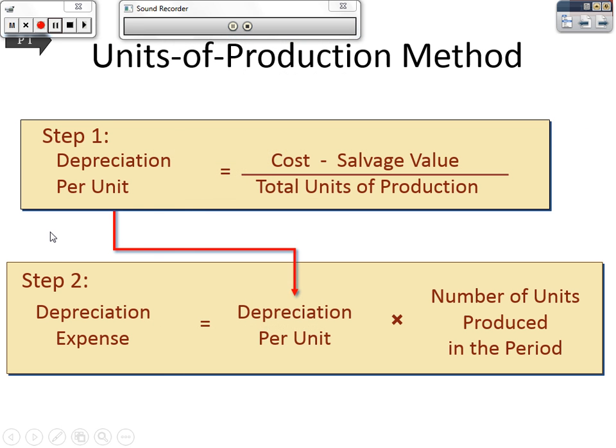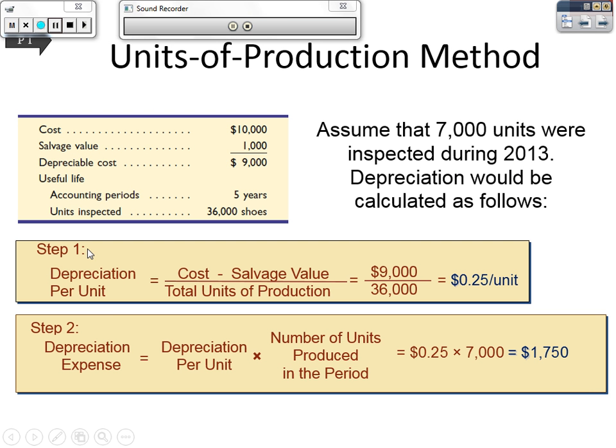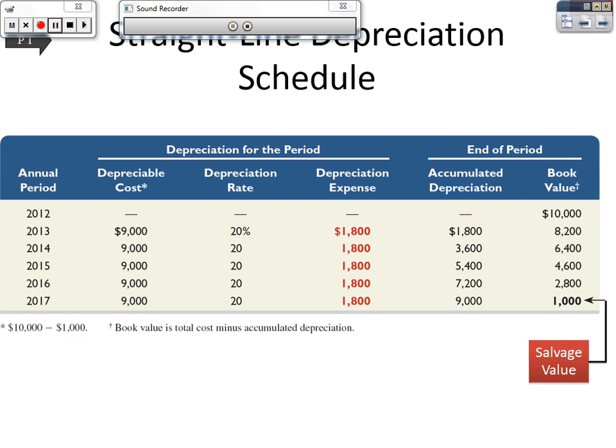2013, first year, what is going on? All right, so second year, 2013, the cost went from 10,000 to 9,000 because of what? The salvage. And then they subtracted the 1,800 again, and now book value is how much? The 8,200, right? So they're continuing to do the same depreciation every single year, which is a good thing about